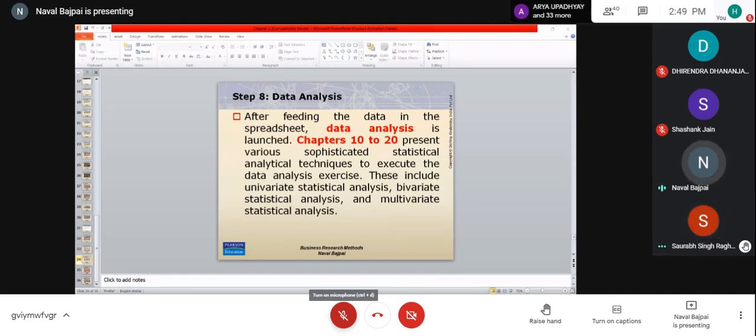No, this is the sequence available, right? First, you'll have to do exploratory research for exploration of knowledge. Because we don't know. Suppose I say there's a deterioration in sales, but I'm not able to understand why there's a deterioration. I'm talking to people. By talking to people, I'm able to understand that a variety of reasons are there, because I'm in the process of developing the model. So first, I'll be conducting the exploratory.